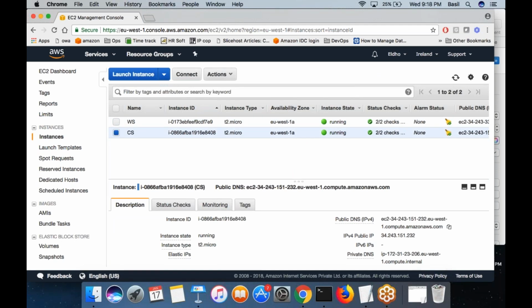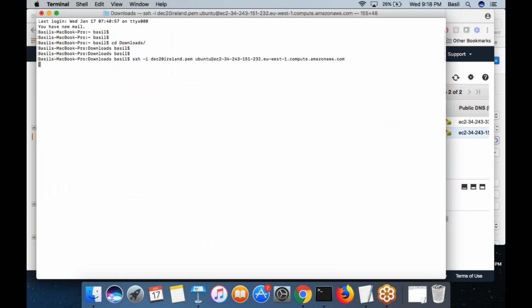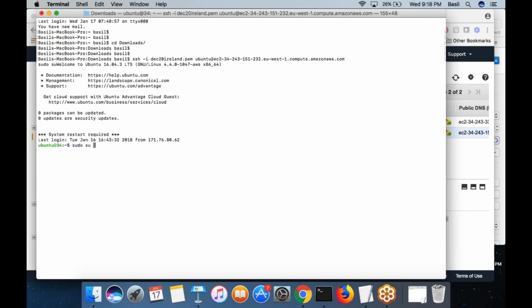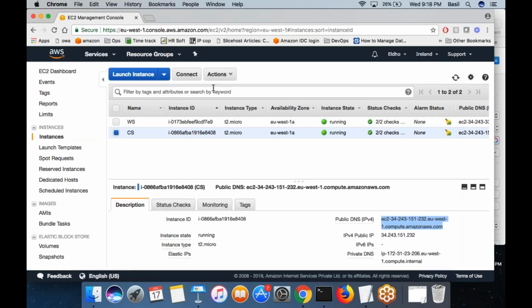So yesterday I logged into this Chef server and installed the Chef server package. I created the user admin and I created the organization, DevOps, all these things I have done. You don't need to do anything anymore. You are done with the Chef server setup. I'm just logging into the machine because later I have to copy this PEM file into the workstation, which I will do later. But yeah, now let me log into the workstation machine.